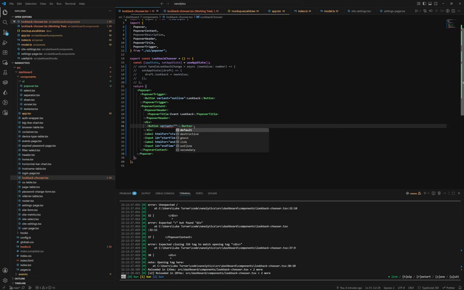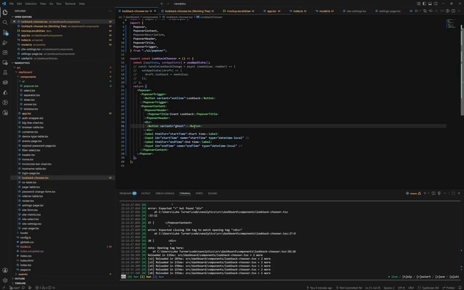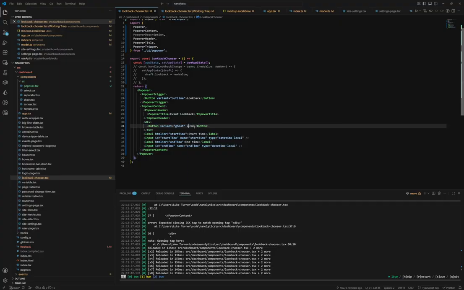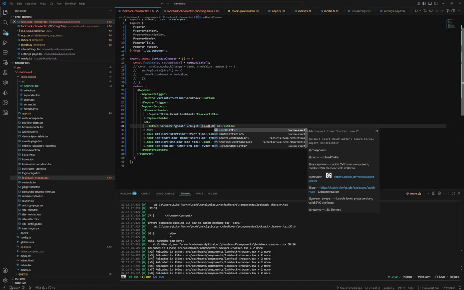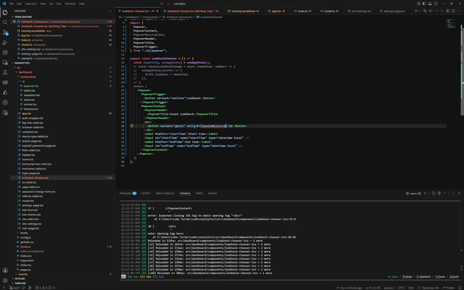Variant is ghost. And just to give an example, we could call this one day. And we could say on click, handle relative, look back,